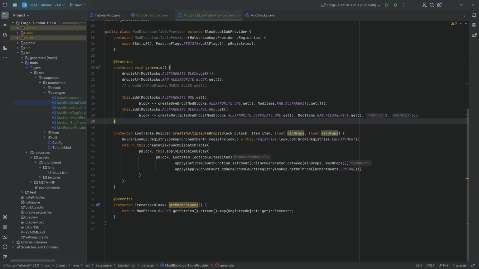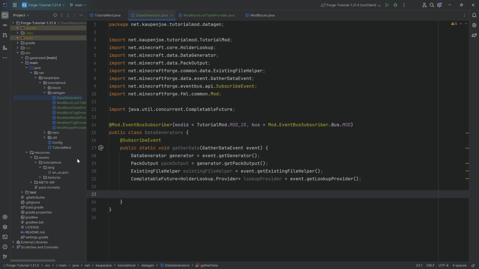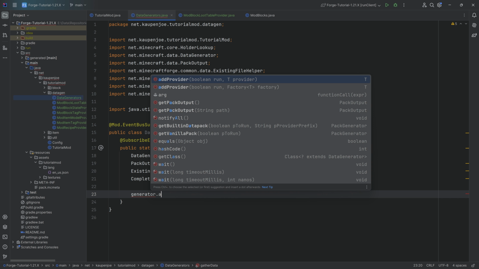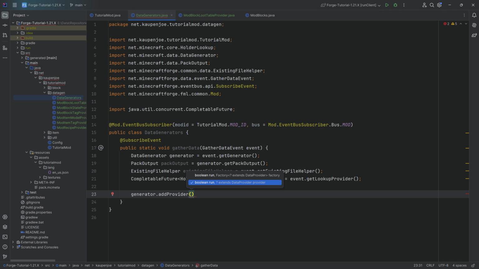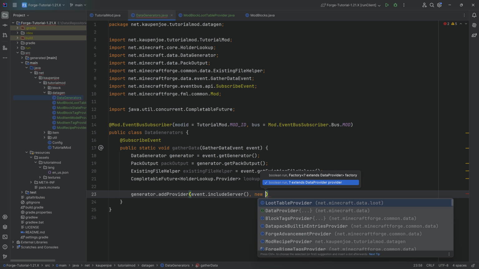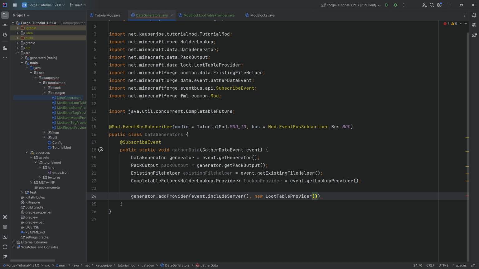And what we'll have now is we will now actually add this to our data generators, so we can actually see the JSON files form. Now, this is the only one that is going to look a little bit crazy over here, but don't worry, it's going to be fine. So this is going to be generator.addProvider. That's always going to be the case. And in this case, we want to include the server because the server needs to know what loot is generated. Here, we want to make a new loot table provider, very important, a new loot table provider,